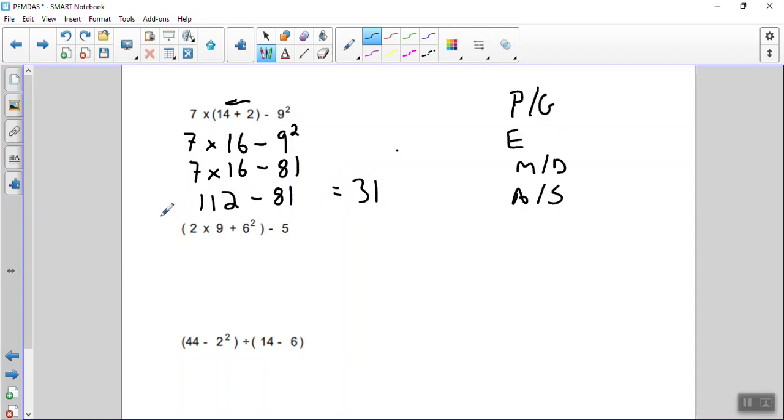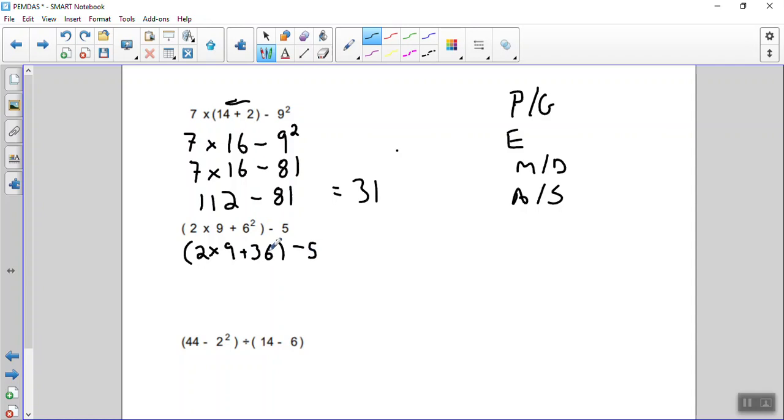So here's a good example of nesting, right? Our PEMDAS tells us we have to do this parentheses first. So when we look inside, we see we have a multiplication, an addition, and an exponent. So the next thing we have to do is our exponent. So the parentheses is still there. We have 2 times 9 plus 6 squared is 36